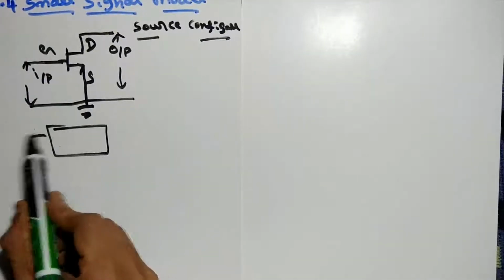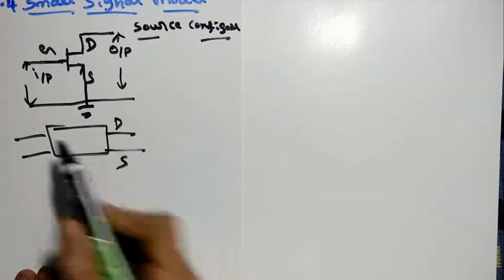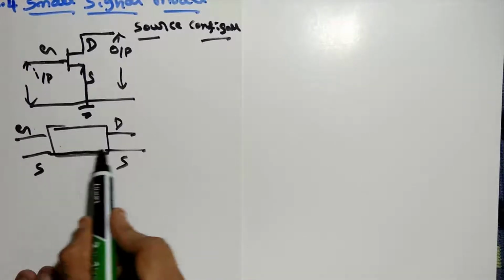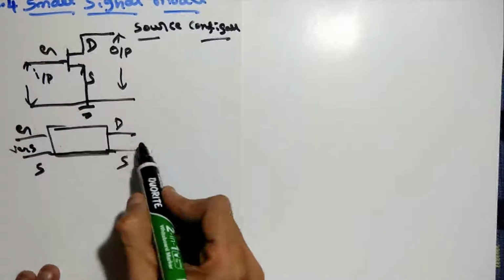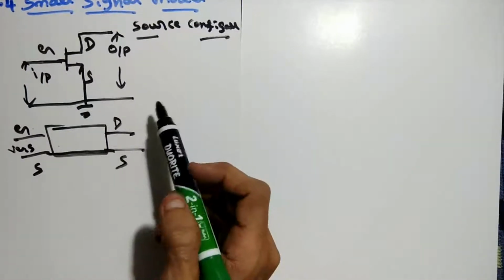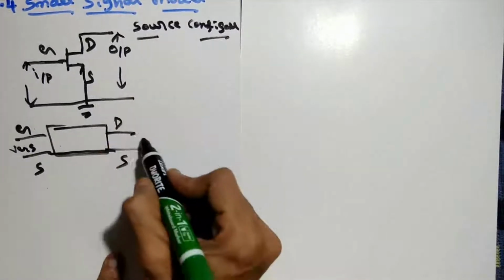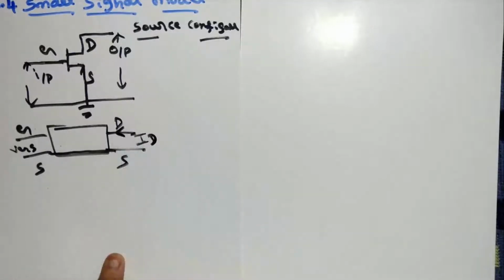If you draw it as one box, we have two inputs and two outputs here. This is drain, this is source, again this is gate, and this is source. So the source is common for both. Now this input portion we call VGS, and the output portion is the output VDS. But as I told previously, output is always taken with respect to ID, so take it in the form of ID. So ID means the current going in this direction.